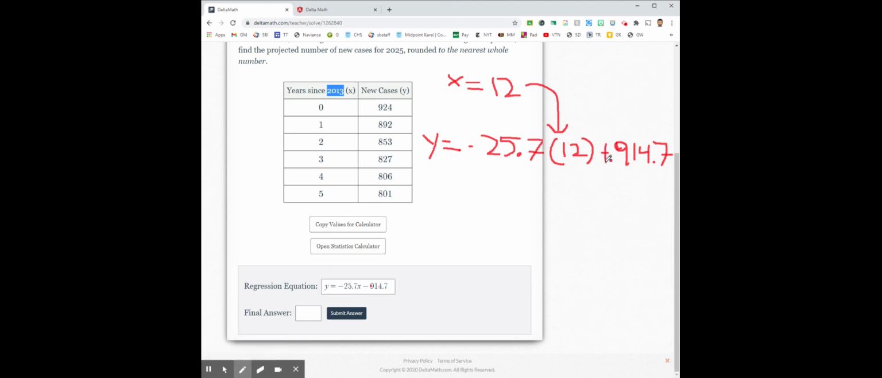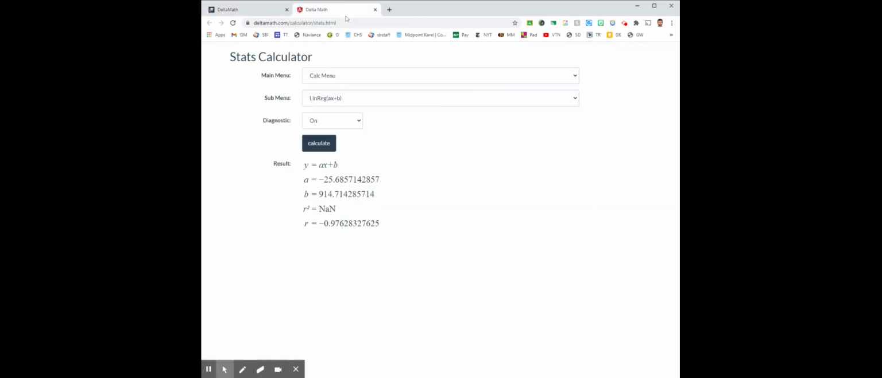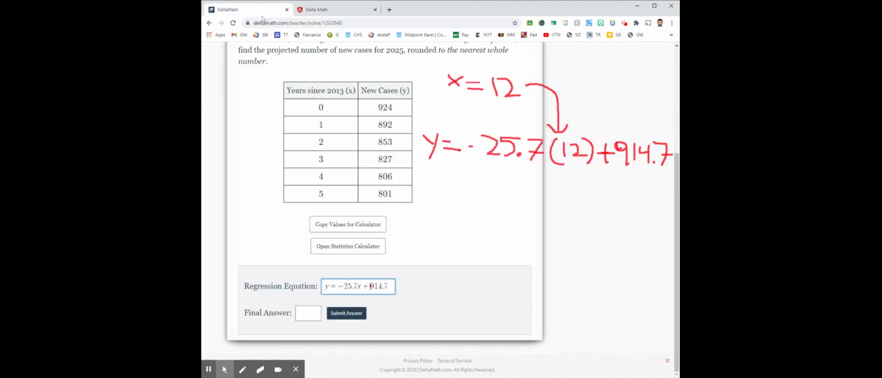Actually, this should actually be plus. I realized that as I was starting to do it. Minus doesn't make sense. That would give me a negative number. So I'm also going to change it down here to a plus. And again, if I look over here, this is a positive number and it's a plus b. So I made that mistake, but I caught it because it doesn't make sense for that number to be negative. So now I do negative 25.7 times 12 plus 914.7. The answer I get from that calculation is